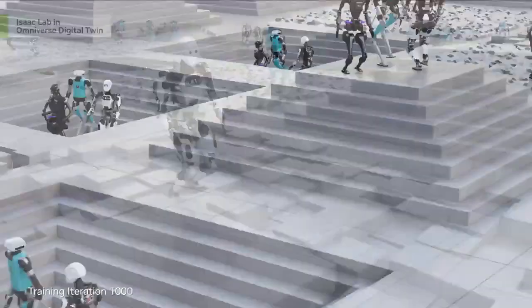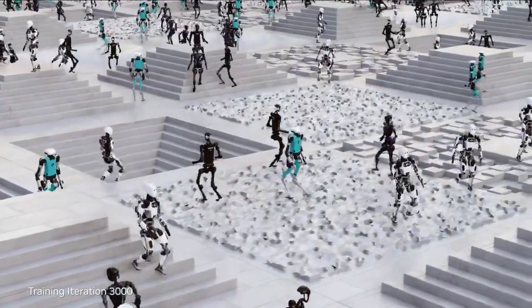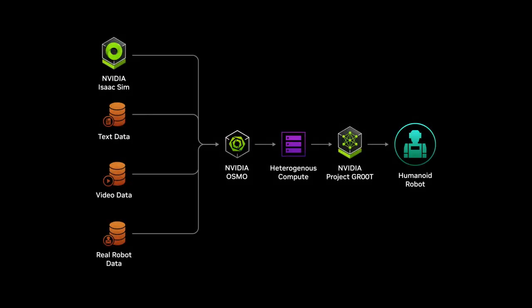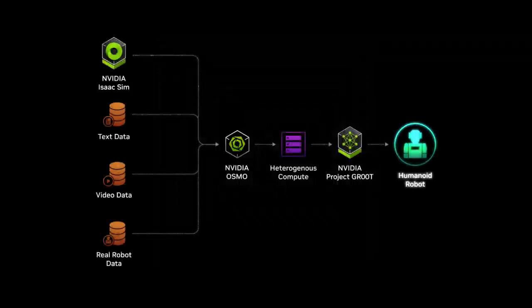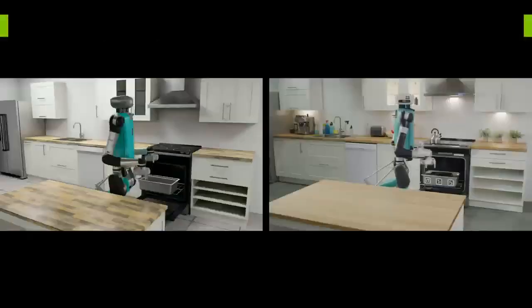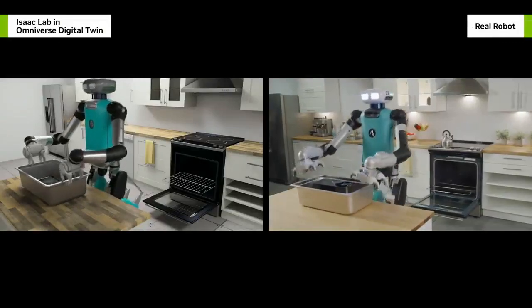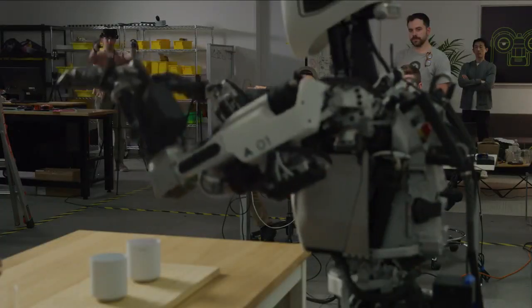We developed Isaac Lab, a robot learning application to train GR00T on Omniverse Isaac Sim. And we scale out with Osmo, a new compute orchestration service that coordinates workflows across DGX systems for training and OVX systems for simulation. With these tools, we can train GR00T in physically based simulation and transfer zero shot to the real world. The GR00T model will enable a robot to learn from a handful of human demonstrations, so it